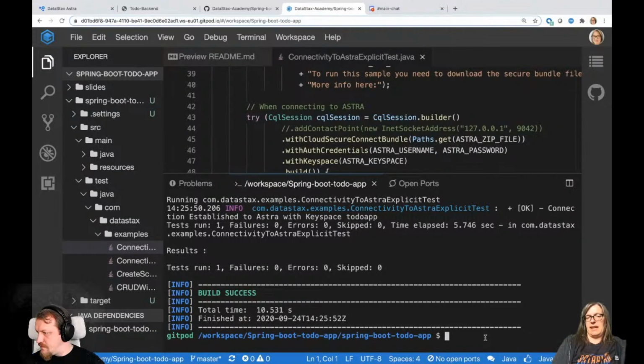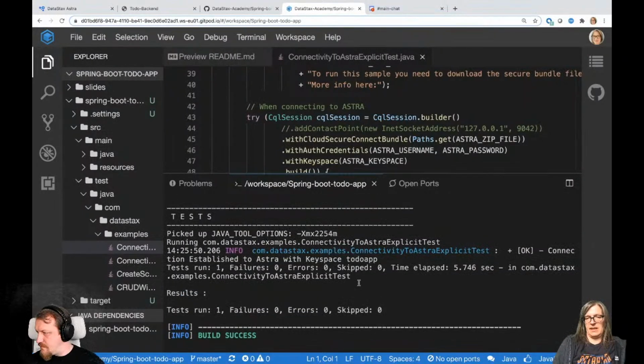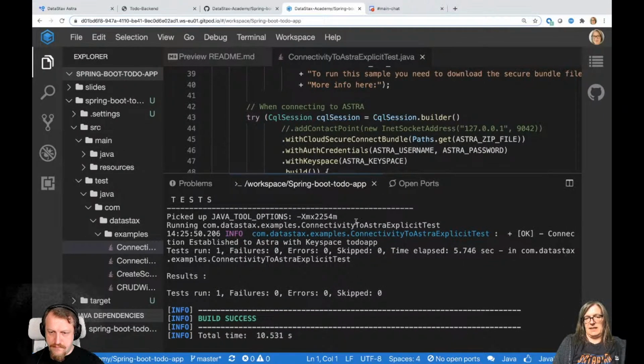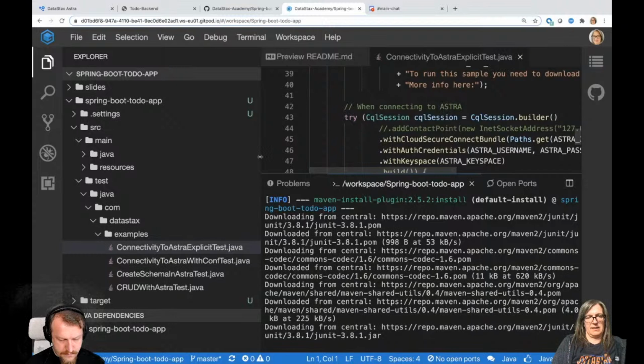So this was the first test, and we are running the connectivity to Astra explicit test, and this is the successful outcome. Here we see an OK and connection established to Astra with keyspace todo app. So we ran one test, it was successful. We are connected to Astra with this one, and we can also look at the other test, which is the